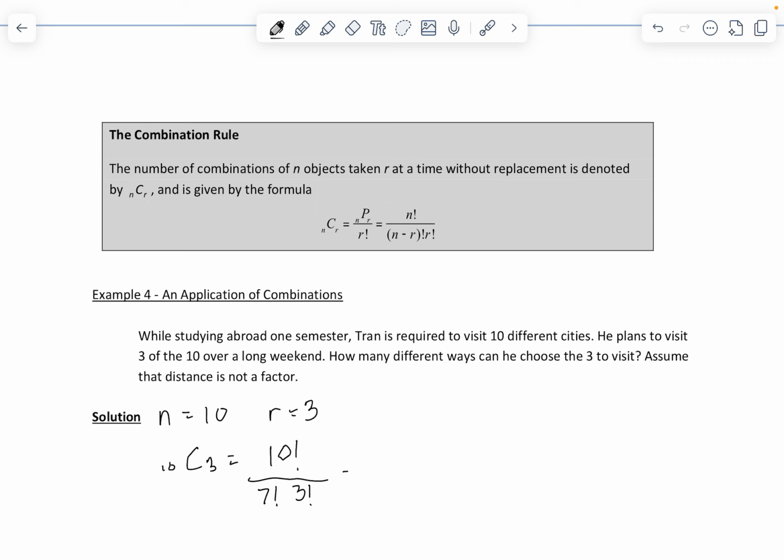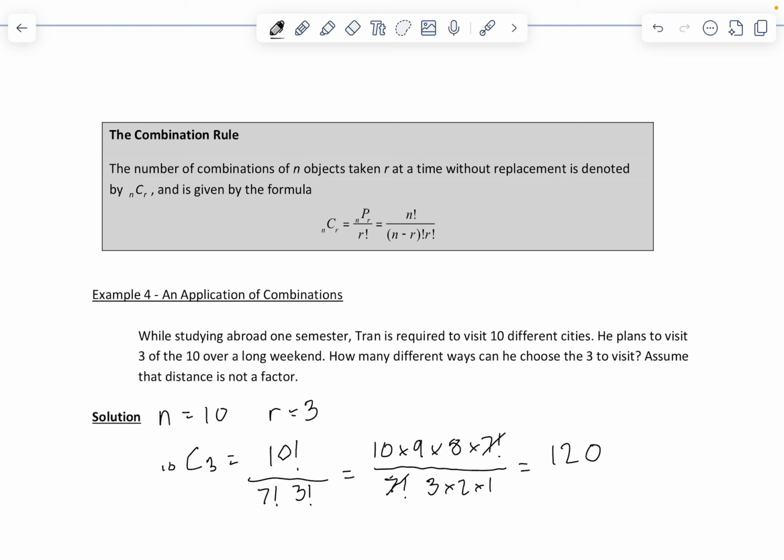Okay. I could simplify this down. I could write this as 10 times 9 times 8 times 7 factorial. In the denominator, I have 7 factorial, and 3 factorial is 3 times 2 times 1. 7 factorials cancel. So it's 10 times 9 times 8, divided by 3 times 2 times 1. That would be a simple calculation on your calculator, but it works out to be 120. So there are 120 ways that you could choose 3 cities from a group of 10 cities to visit,